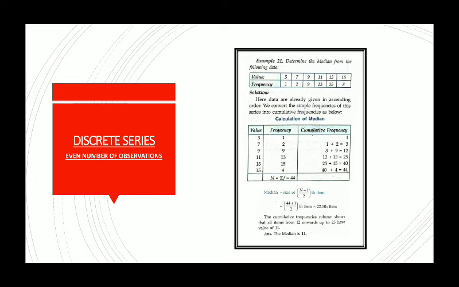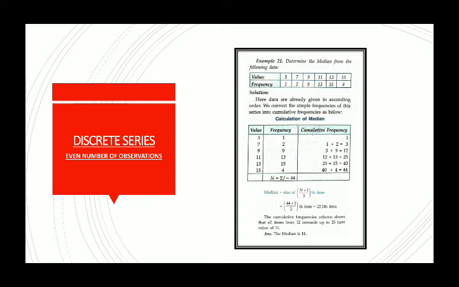So the table is given here where the frequency is added to get the less than type cumulative frequency. The very first value is 1 itself. For the second value, 1 and 2 are added. For the third value, 1 plus 2 plus 9 is there, and so corresponding to each value you will add the values, and ultimately you will get the total, which is the summation of frequency at the end. So in that way you can calculate the cumulative frequency and you can calculate the total value. Accordingly, you will have to use the formula of median.